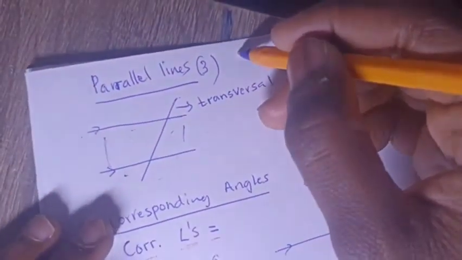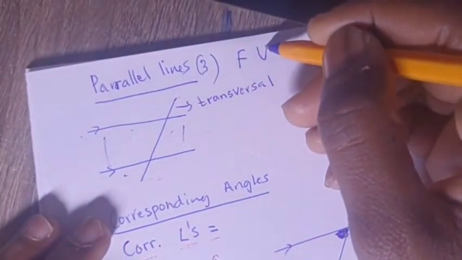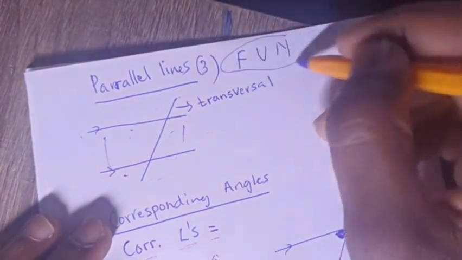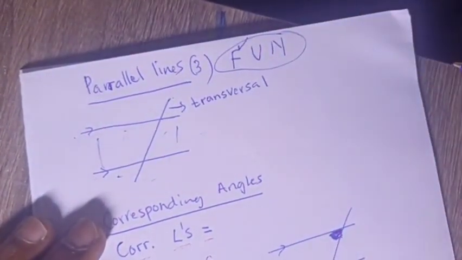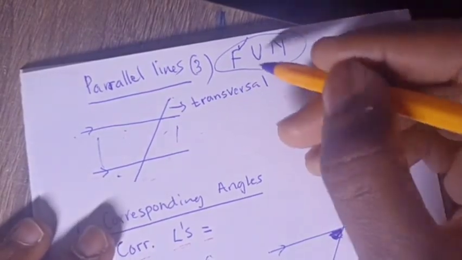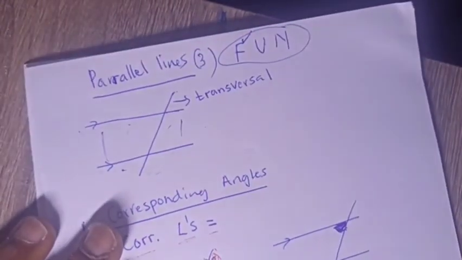Let's go to number 2. What is number 2? Who knows? There are 3, it cannot be more than 3, and these angles form a letter shape. We are on the U now. Let's do U. What is U? U is for